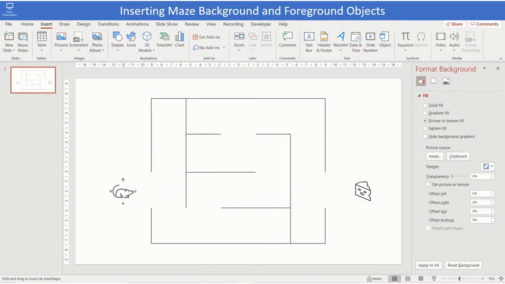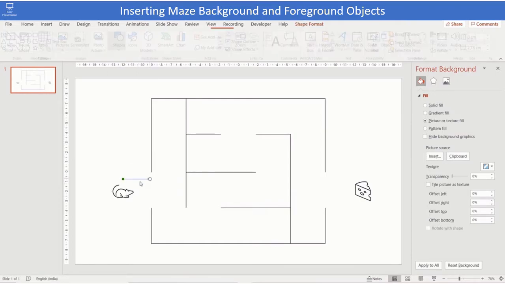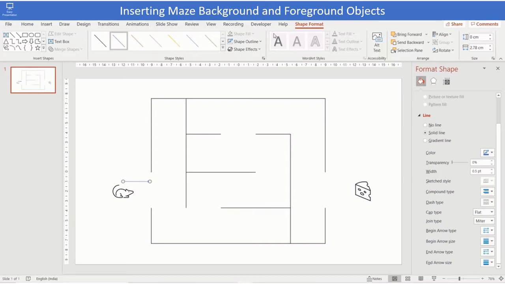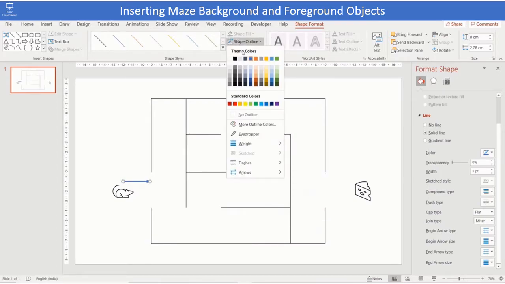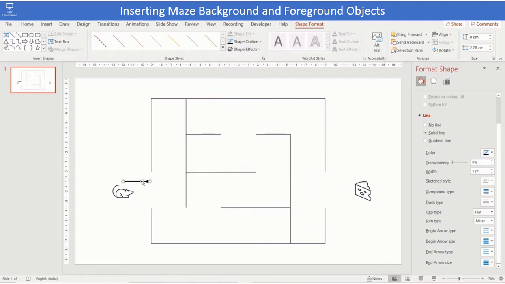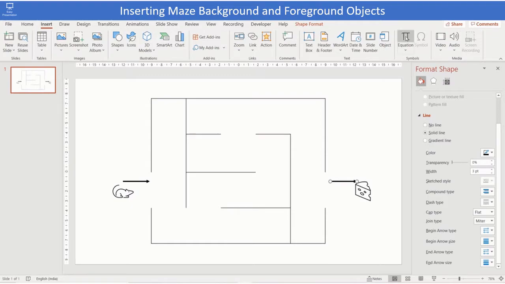Draw arrows at entry and exit points. Insert a text box to type Home and End at the entry and exit points.